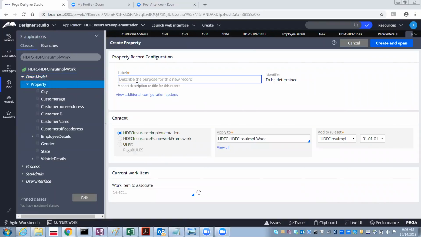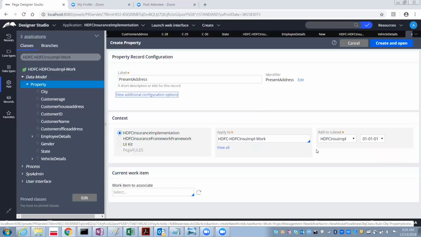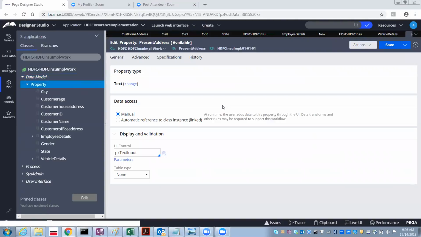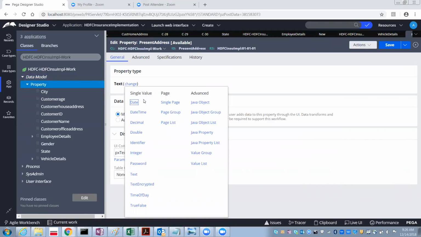Here the label is present address. Automatically the ID will come, so leave everything the same, just create and open. Now again this should be the page property. Change it, and whether it is a single page or page list, again it's your wish.